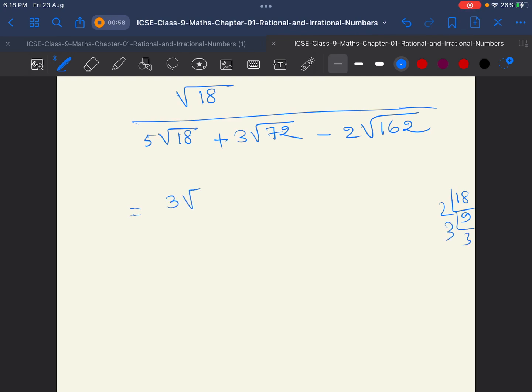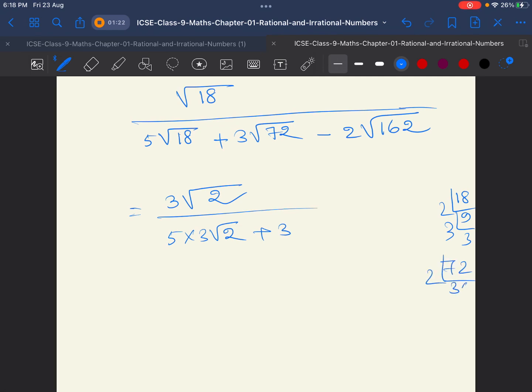So this is 3 root 2. Okay, so from this pair we have 3 and in square root there will be 2. So 5 also root 18 is 3 root 2 plus 3